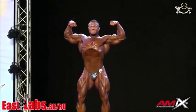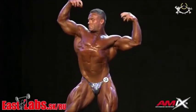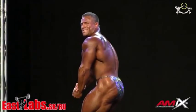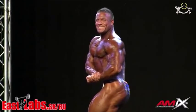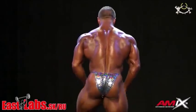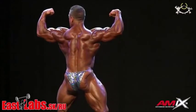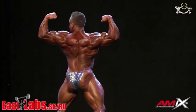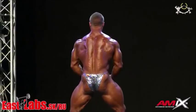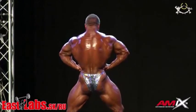Brad Rowan. In his pro debut, Brad Rowan looking in good condition, not the kind of muscularity that we already saw in other competitors, but is coming in really good condition for his pro debut. He has tremendous legs, but he needs to match a little bit more his legs with his upper body. Take a look at the back shot. Okay,